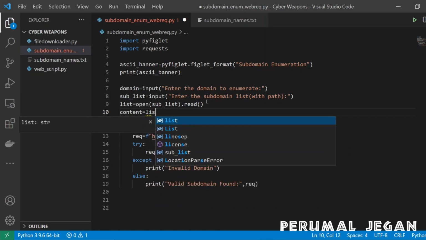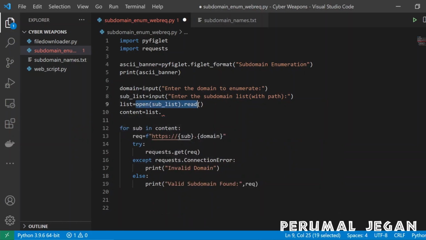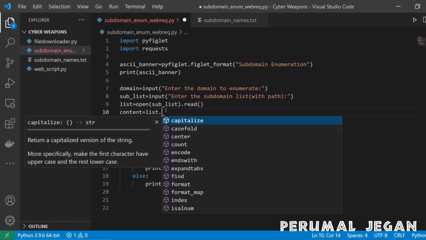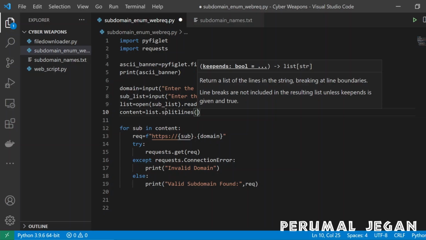Now list. Actually, this particular line opens the file and reads the content, but it has to read each and every line, right? In order to do that, I need to call another function called splitlines. So this is where I made a mistake.